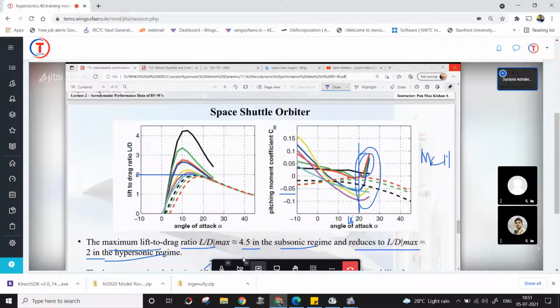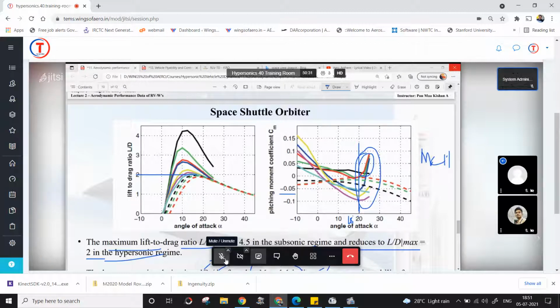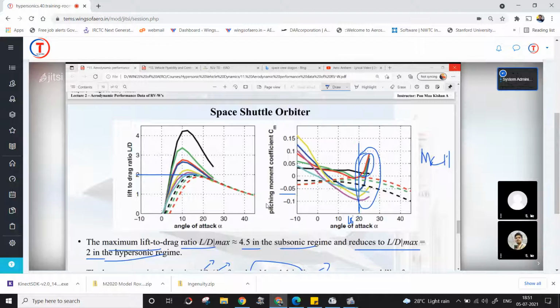Jagrati, any doubt? Okay. See, I hope you are learning something new, but if you are not implementing that in your particular project, that is not going to help you. So you have to learn many things. I have just given an introduction. We cannot complete an entire hypersonic vehicle design or any subject within a short span of time. But if you have an interest in this particular subject, then you have to learn more about it and implement it. We are just giving the basic introduction of how the vehicle is designed.